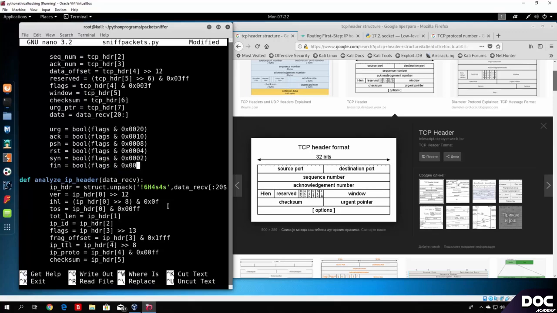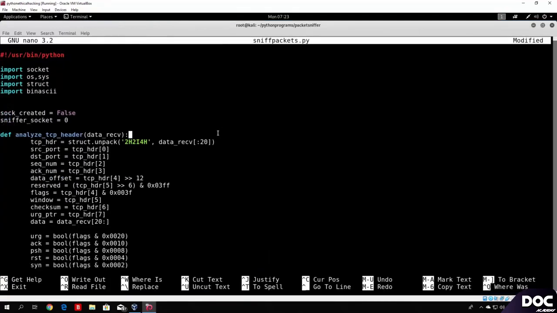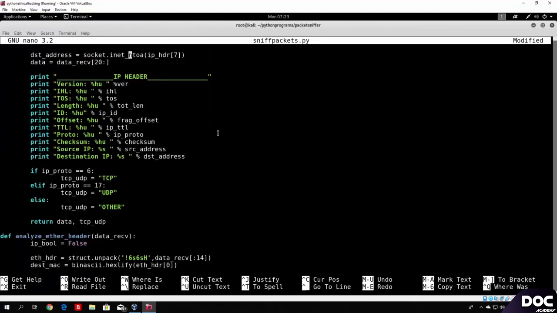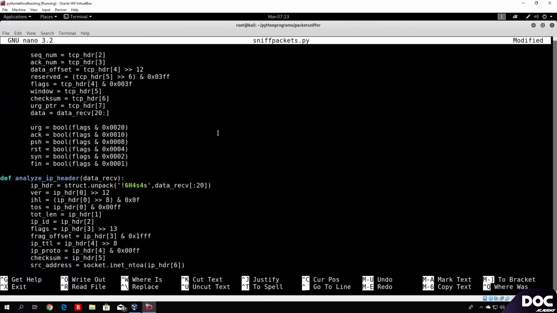And after we finish actually all of this, including the UDP header, we will be having a full packet sniffer, which will split each field of the packet that we receive. So this is not really something useful for hacking, as I said before, but it is good to learn new things and to learn more in depth about packets and